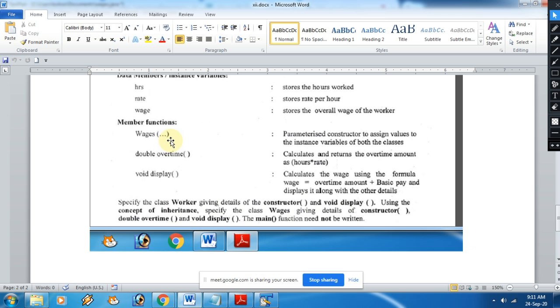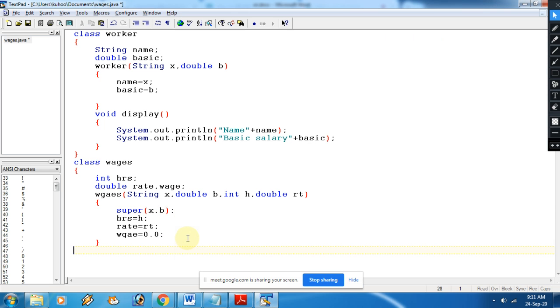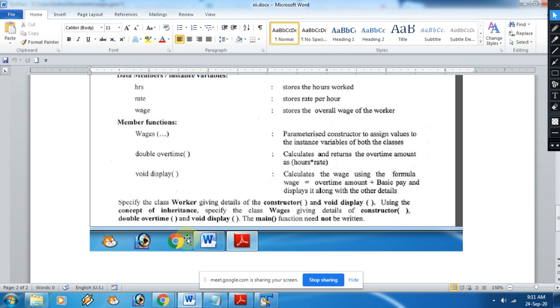Okay, so in the next question there was one additional method, double overtime. In this method we are supposed to calculate and return the overtime amount as hours into rate. So directly we can do that. Double overtime.